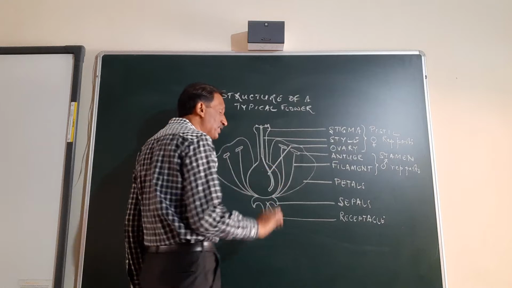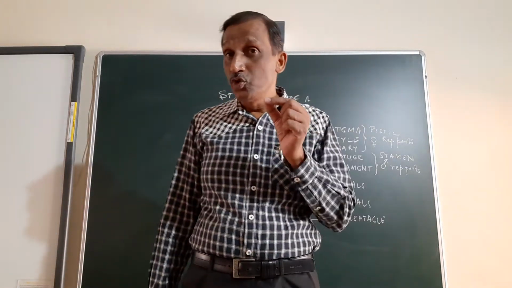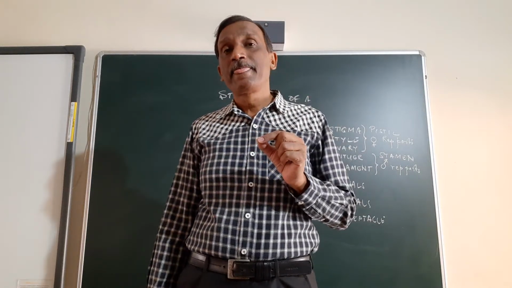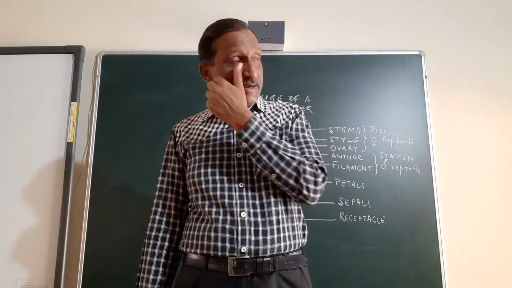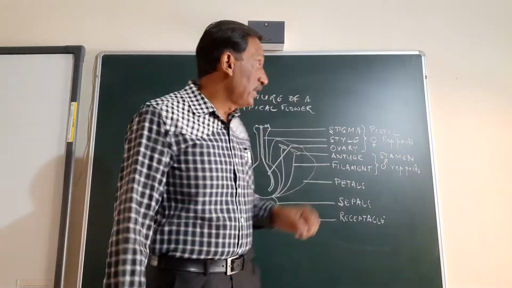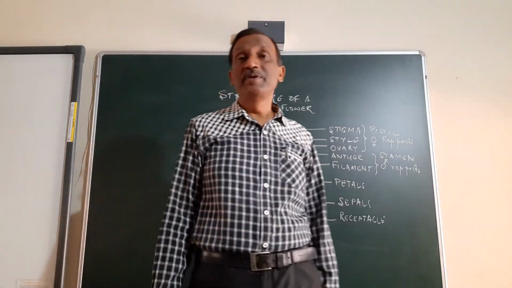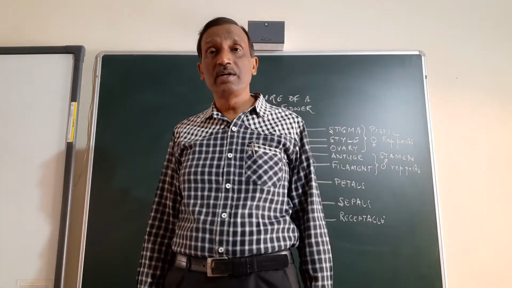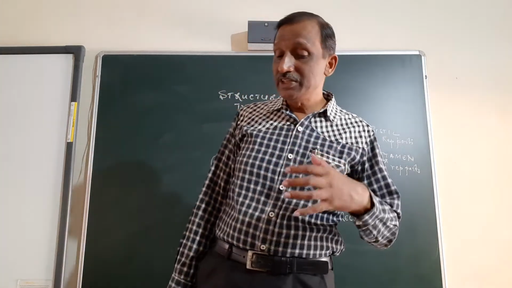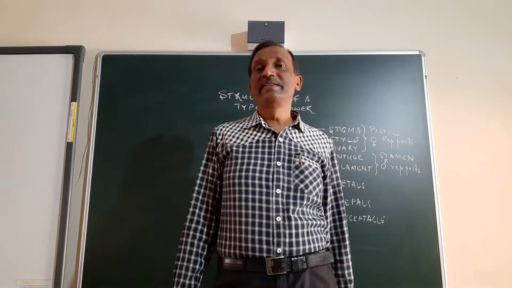Further structure we will study in the next diagram. So the style itself is so thin. Now you can imagine how thin the pollen tube is. A pollen tube is just as thin as a hair, and there may be a number of pollen tubes running through a style. So you can imagine how beautifully these structures are made and how responsibly they are carrying out their function.